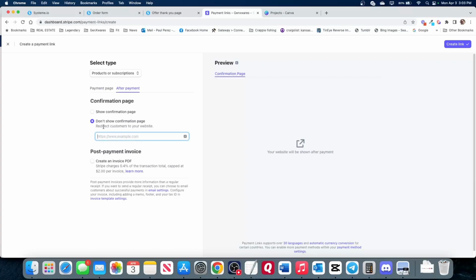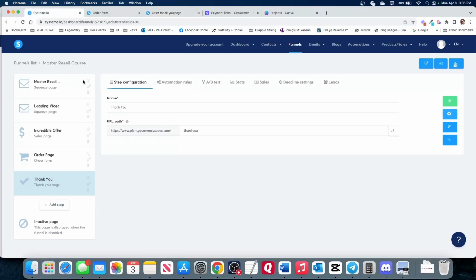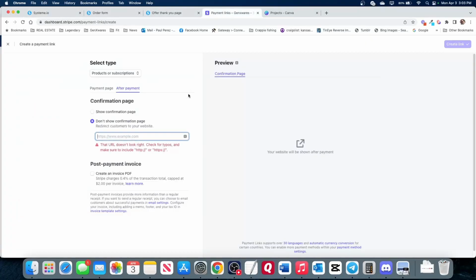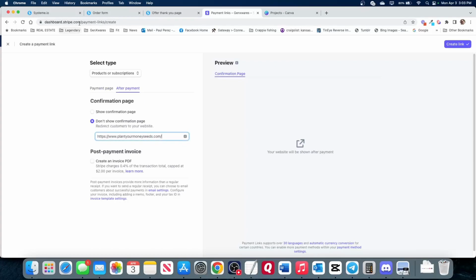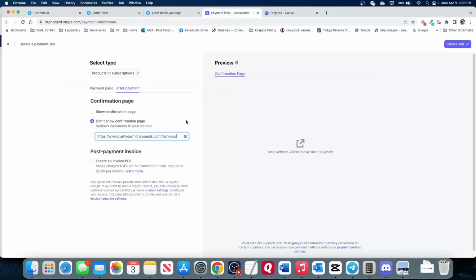your website. So what you're going to want to do is go to your funnel, and you're going to want to take your URL for your thank you page. You can copy the URL path, and then make sure to copy the slug as well. Okay, and so then